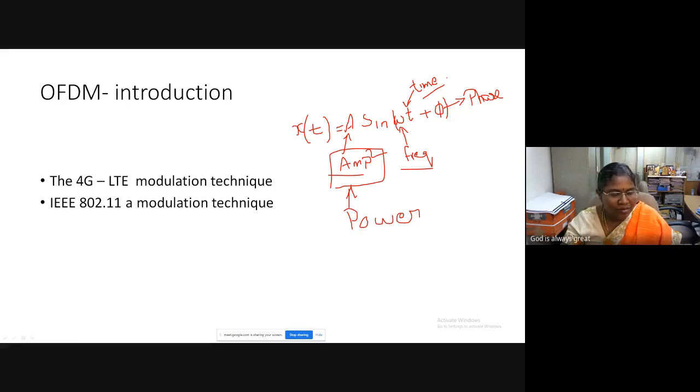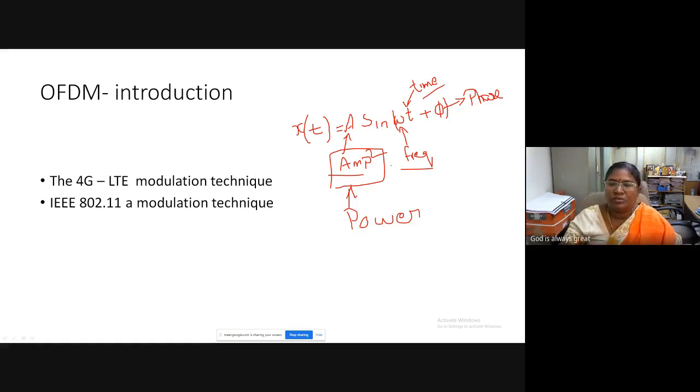Energy is converted into three modes. One is power, one is frequency, other is time. So we will be utilizing this as well as possible to deliver the maximum data to the receiver end. If any signaling concept is going to consume less power and deliver better data rates, then we call those signaling schemes better power efficient.